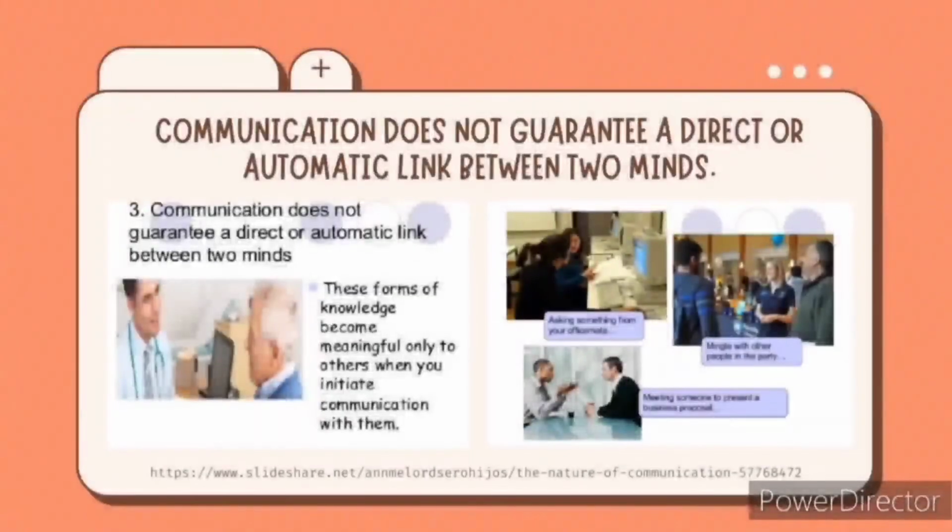This principle of communication says that we cannot assume what others may think unless we engage in a conversation. Communication alone is not enough to know the view of the person we're talking to, since it does not guarantee a direct link between the minds. So, in order to know the views or intentions of the person, we must build a relationship and engage in a conversation concerning what we want to know or what we want to deliver.